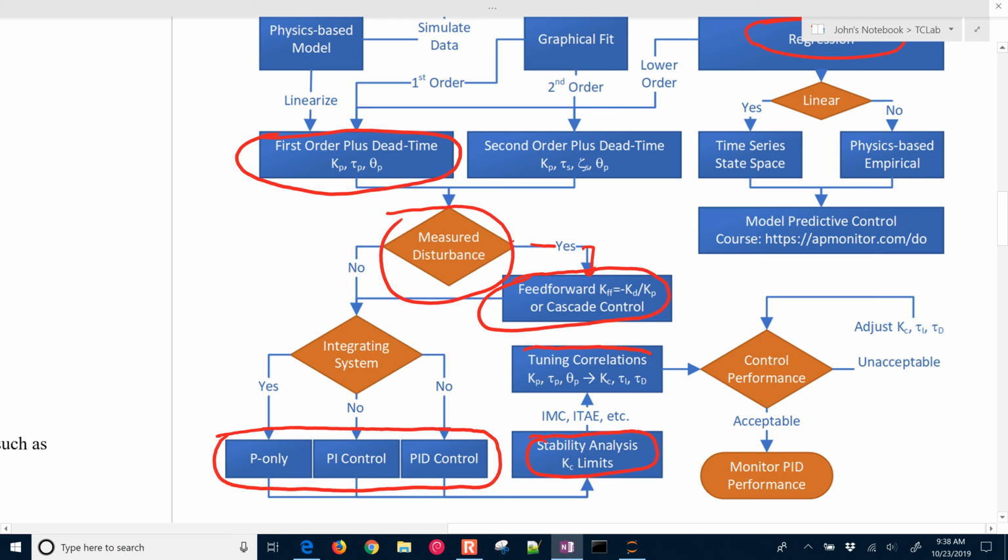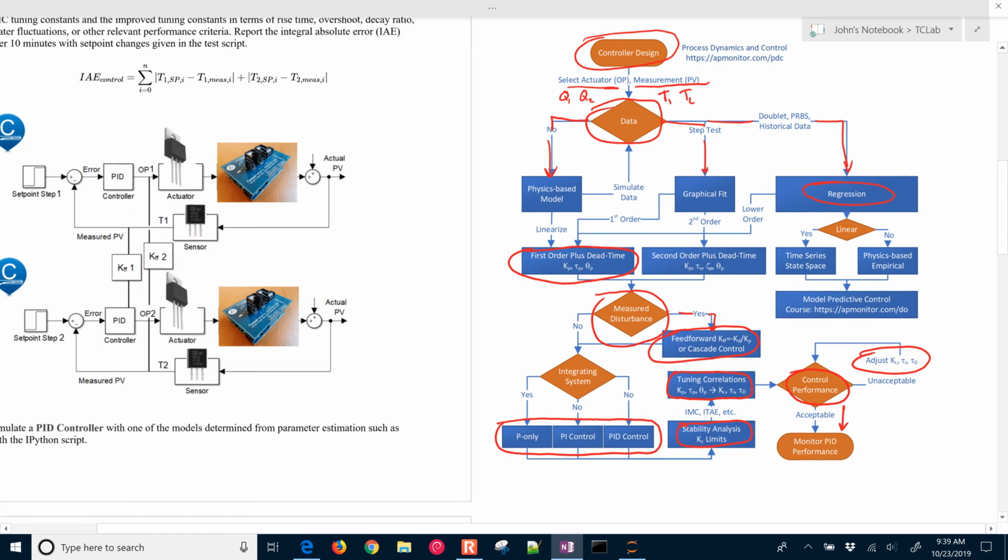We will use some tuning correlations, ITAE or IMC, and then we'll implement the controller and we'll adjust the tuning parameters until we get acceptable control performance. This is the flow chart that we're going to go through. We're going to just start by